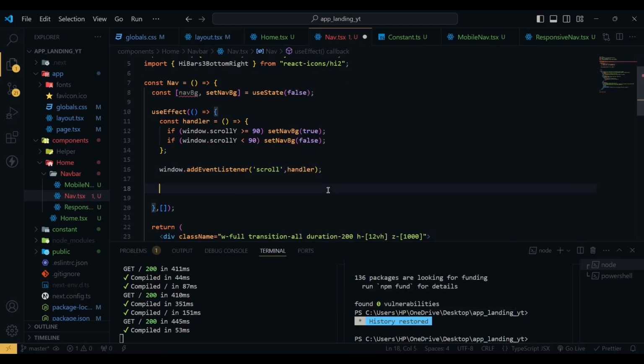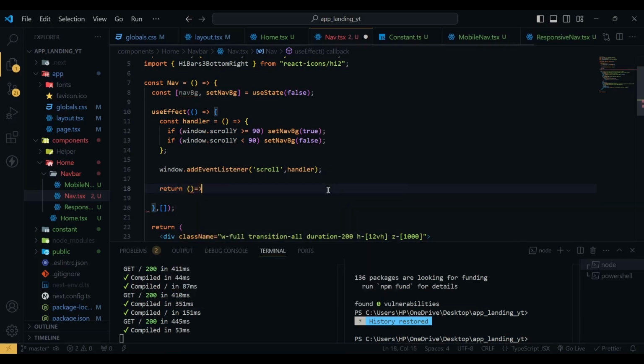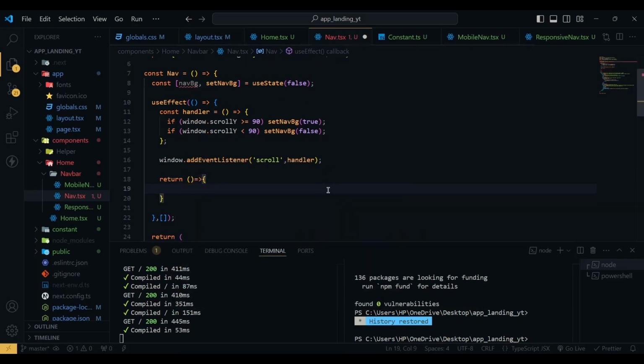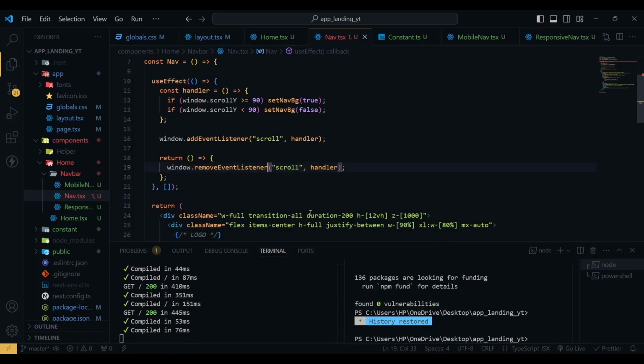Next we are going to add a cleanup function, so return a cleanup function with this one, but instead of add event listener we are going to use remove event listener. So remove event listener, that's it. Now if I hit save, and next what we need to do is we're going to change this and we're